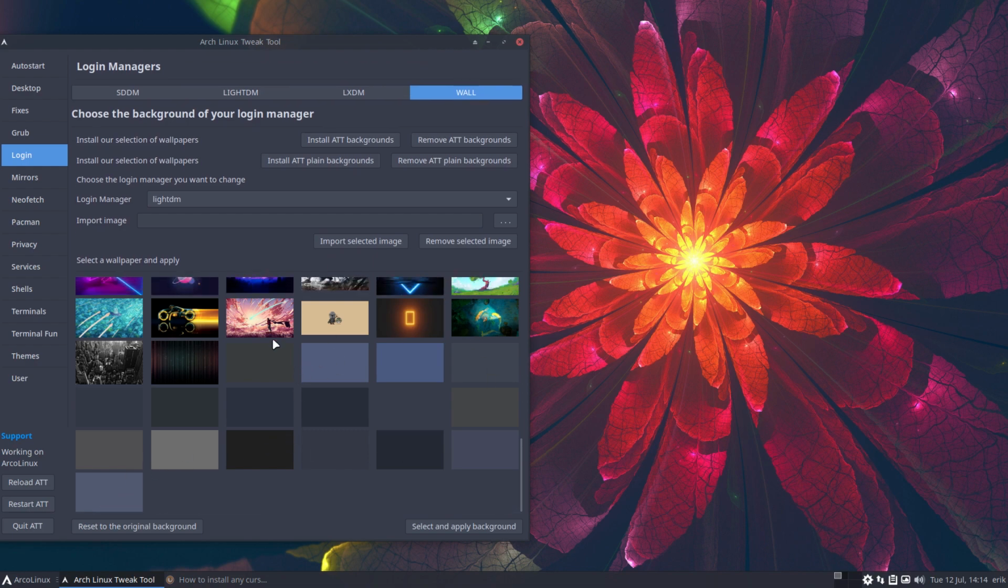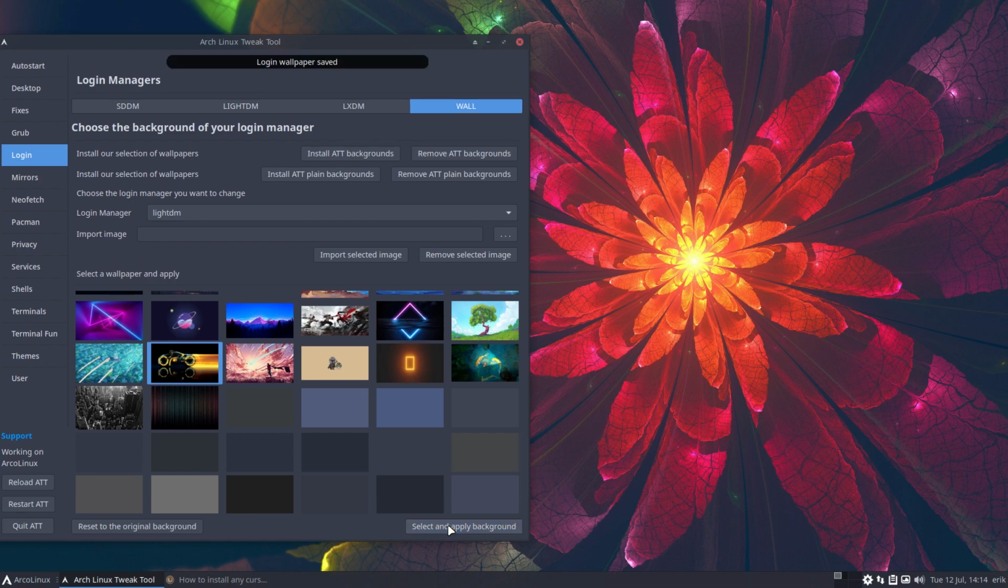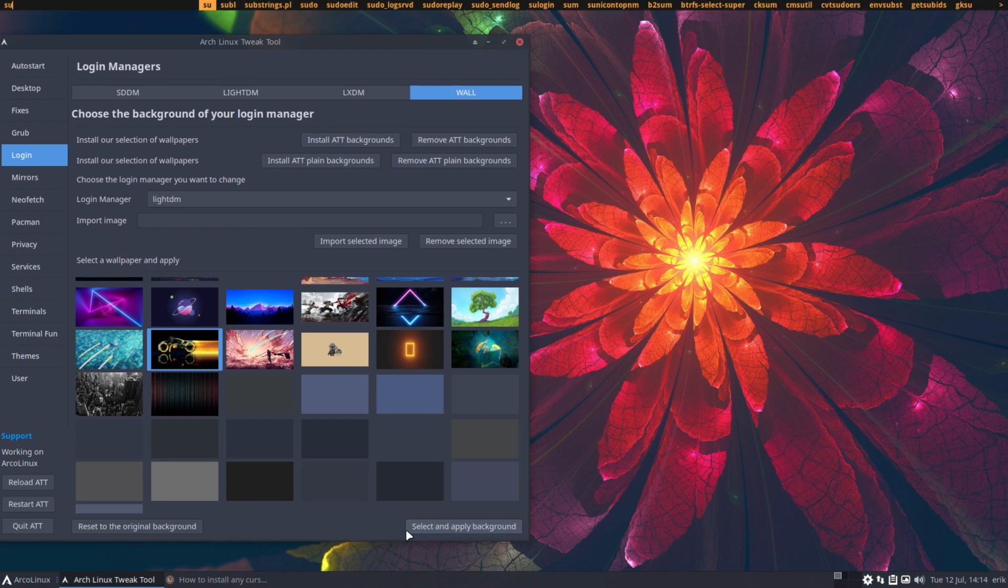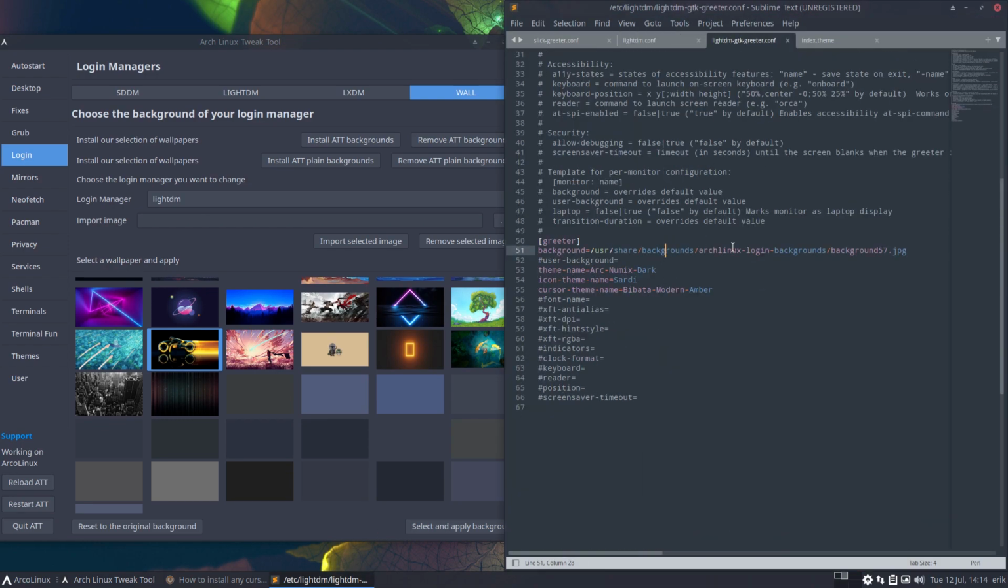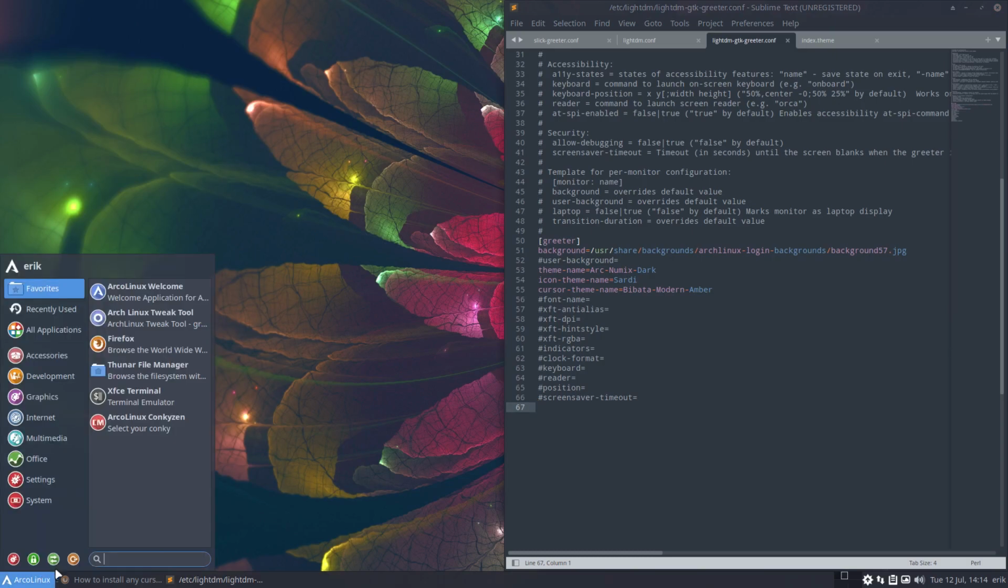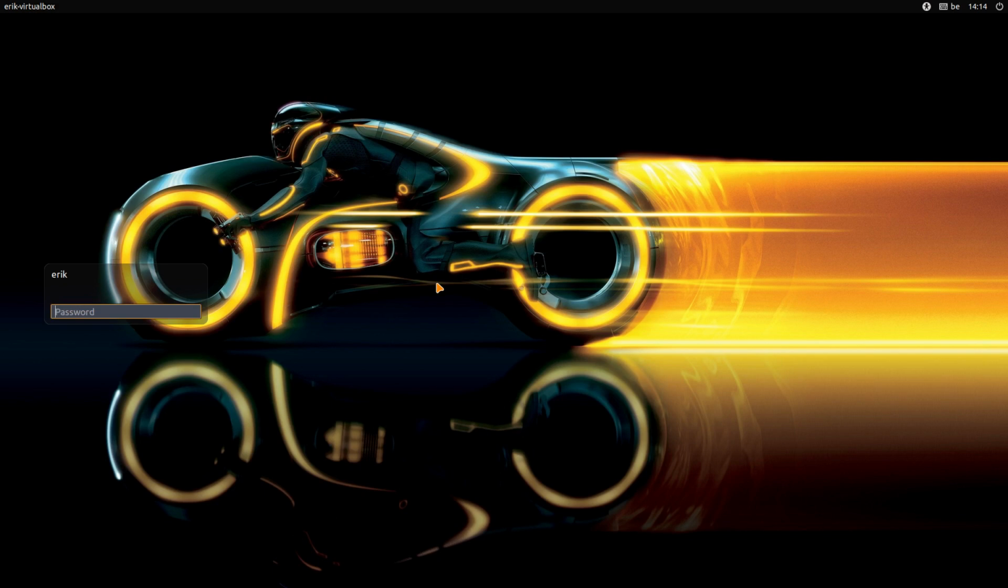All right, choices. Let's go to Tron. Select and apply background. Maybe a Sublime text. Quick check again. It's number 57. Okay. Then we quit ATT and we log out and we have a look. So with this yellow accent with amber and the amber thing here, everything looks nice and themed. Now this is